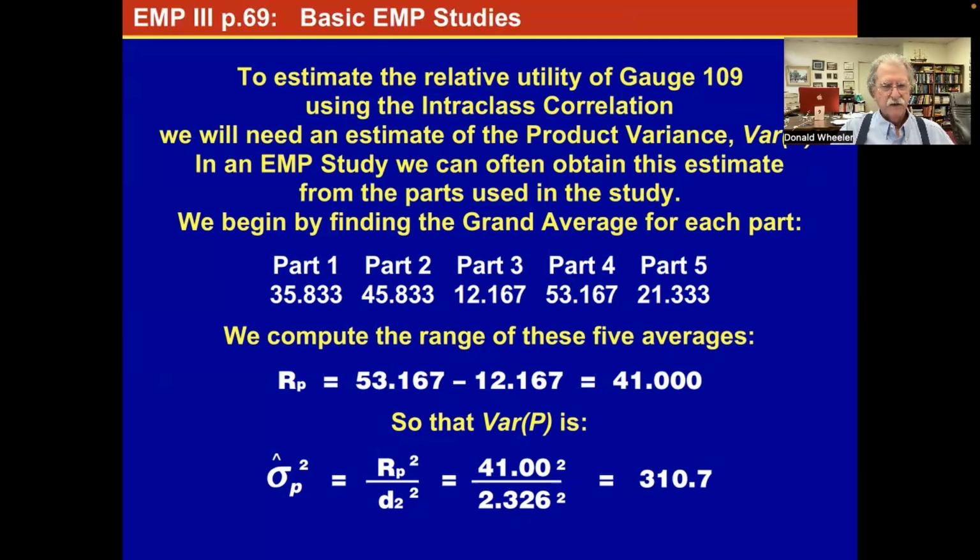And sigma P hat squared would be the range of the part-to-part averages squared over d2 squared. So that's 41 squared over d2 squared. And the d2 we use here is the d2 for 5 items because the range spanned 5 items. And we get a sigma P hat squared of